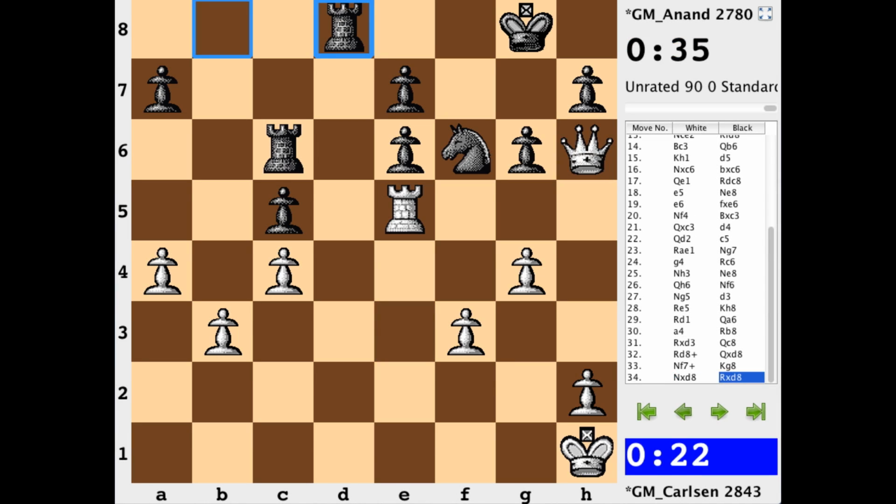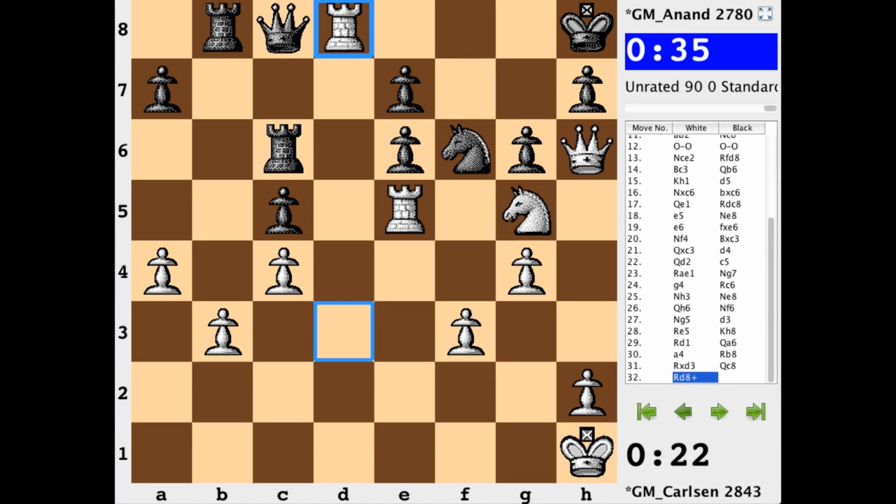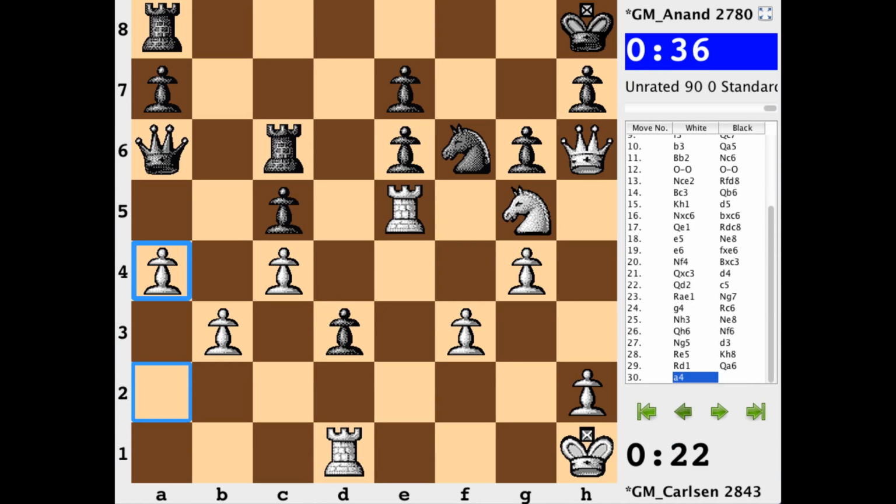So as it stood in this game, after the very patient a4, recognizing that black has nothing better to do, black has just absolutely nothing to do, and white will be picking up this pawn on the next turn, black just ends up resigning.